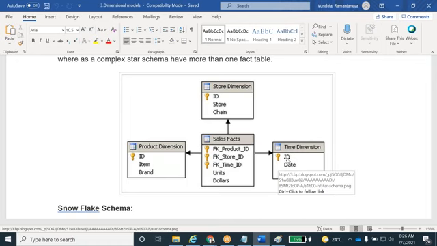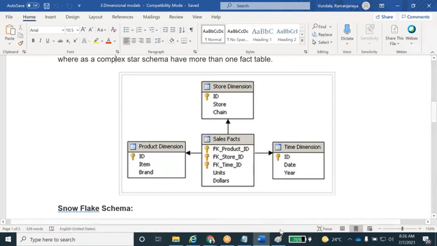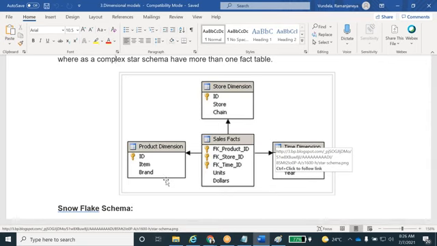Lakhs of customers. For example, take the Central only. Entire India, how many transactions will happen in one day? It's a huge amount of data it will generate, right? So all the customers' information will load into one table. All that data is going to load into one place, so the performance will decrease. The table size will automatically increase day to day, so performance will automatically decrease. That is a disadvantage: the query performance will decrease.